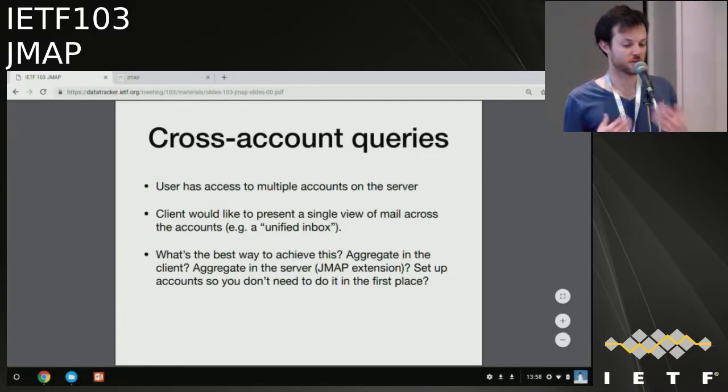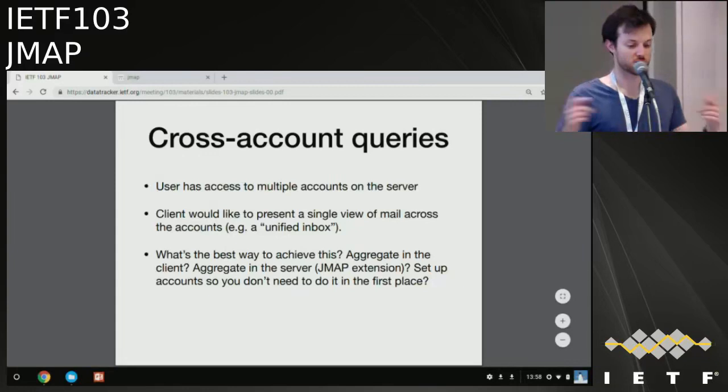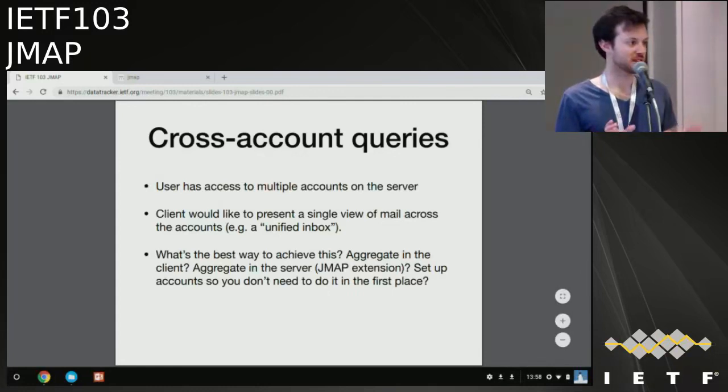So I came up with a couple of ideas, which I put on the mailing list. One is to simply set up your server so that the users that share stuff are all within a single account, but that loses you various properties and is a pain. I don't think that's actually a good solution. For a start, you'd have name clashes. If you both wanted something called inbox, but you're in the same account, that's a clash. So you couldn't have that. That doesn't really work, having 2 different users' stuff share that.